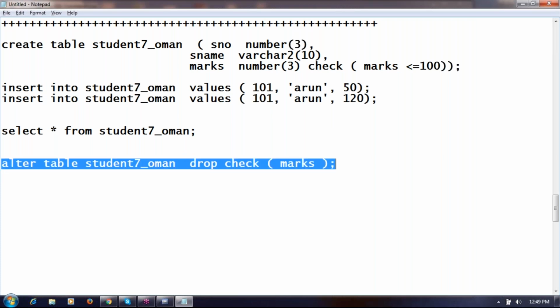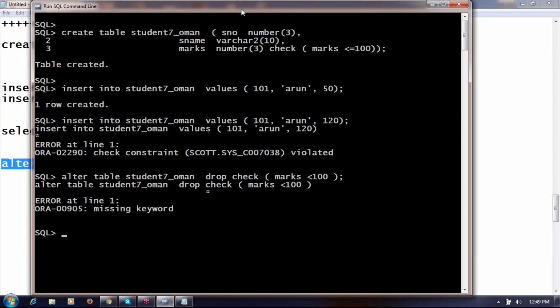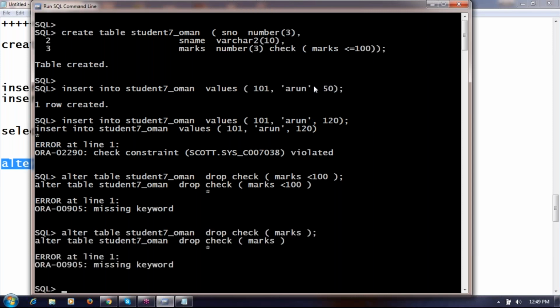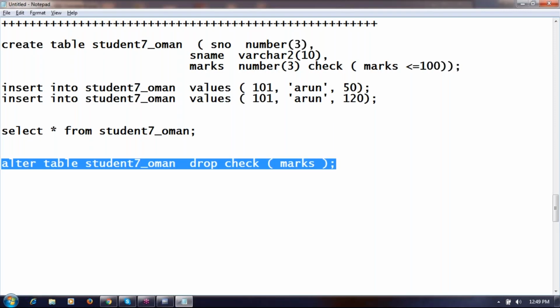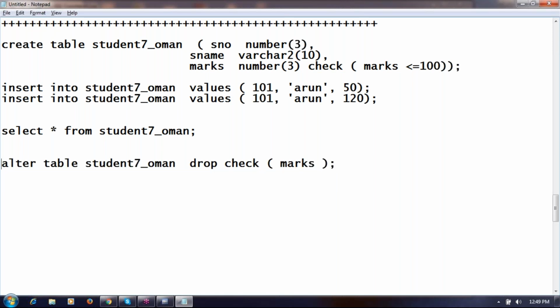For that, we should learn a new concept called constraint name. Or we need to disable something in the check? No. Or delete the column, then it will delete the data. Now listen to this carefully. This is something new.